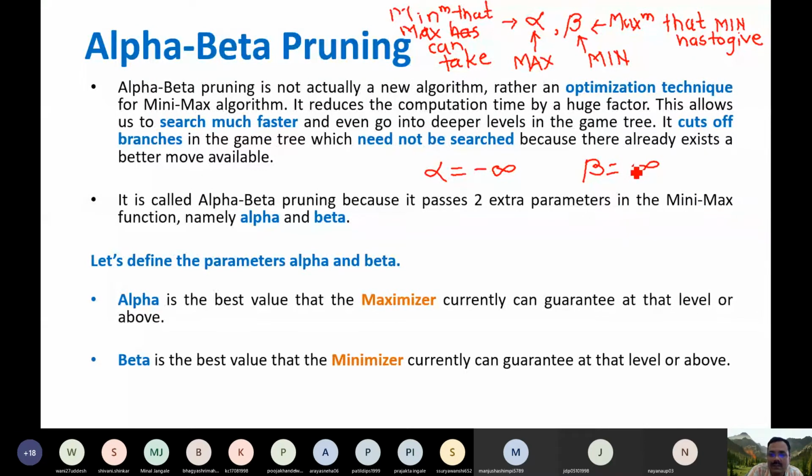What we are going to do eventually in the evaluation process is update the values of alpha and beta, and these values will be used to decide whether you should proceed or ignore that particular part of the search tree.